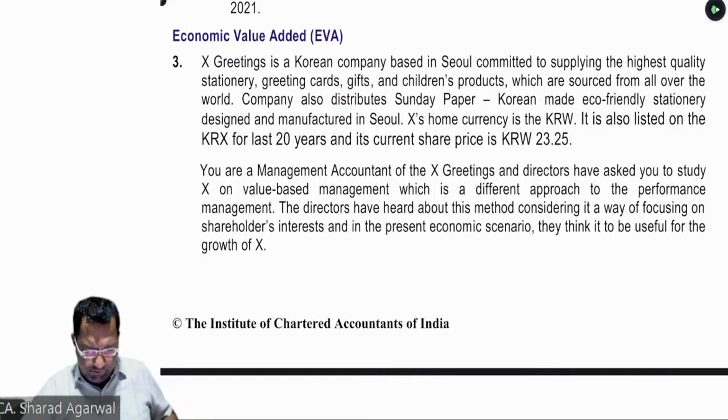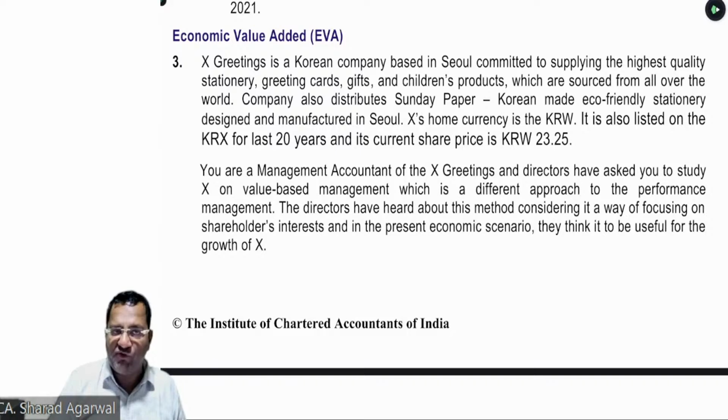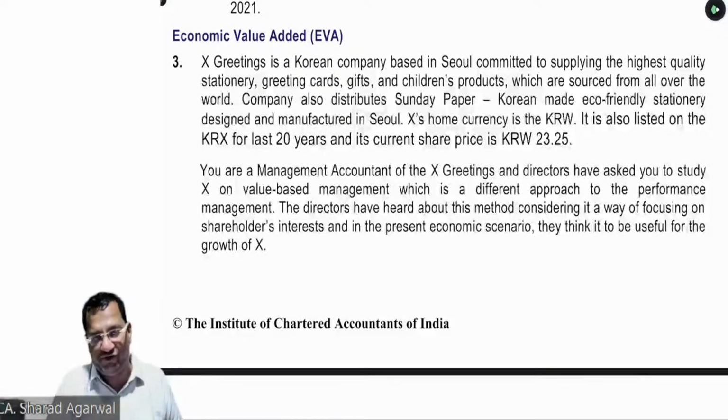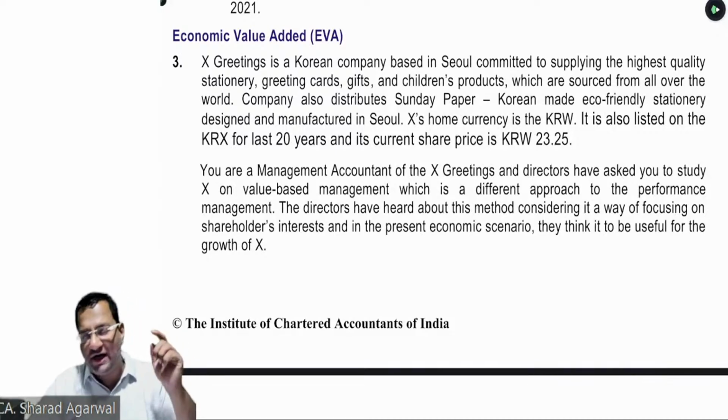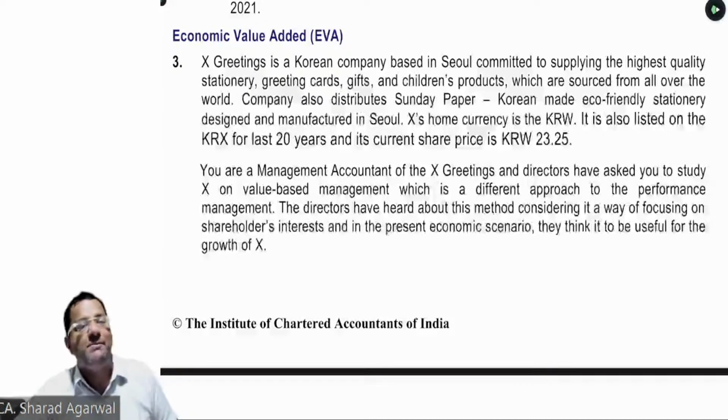Shivani beta, in yesterday's session, I already told you there are two methods to calculate the NOPAT. The first one is PBIT minus interest, that will give you the profit before tax. Then you will deduct the tax, and that will arrive at the profit after tax. Once you arrive at the profit after tax, add the interest after tax. So suppose the tax is 10 crore rupees. You have deducted 10 crore rupees, and at the end, what amount have you added? You have added the amount of 7 crore. So indirectly you have been benefited by rupees 3 crore.